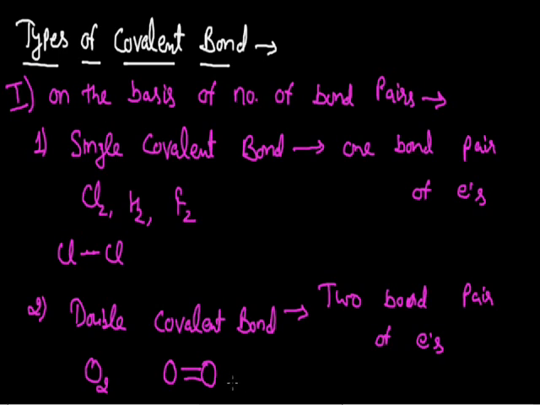Same as if I talk about the molecule of ethene, which has the formula C2H4, this can be represented as carbon with a double covalent bond to the other carbon atom, and each carbon atom is associated with two hydrogen atoms. Here, between these two carbon atoms, the sharing of 4 electrons is going on, and the result is a double covalent bond between these two atoms.